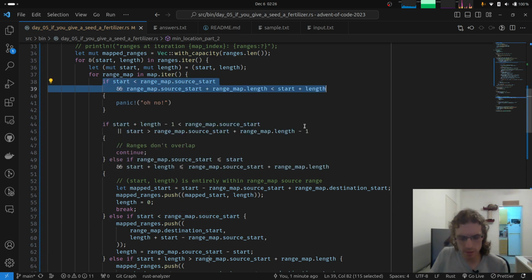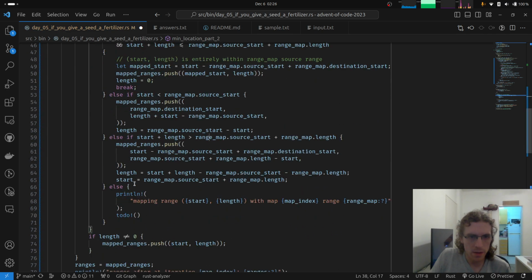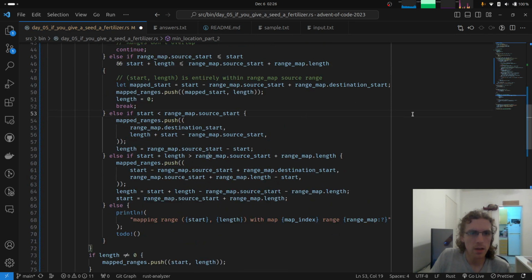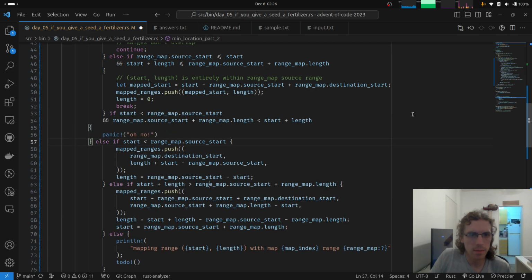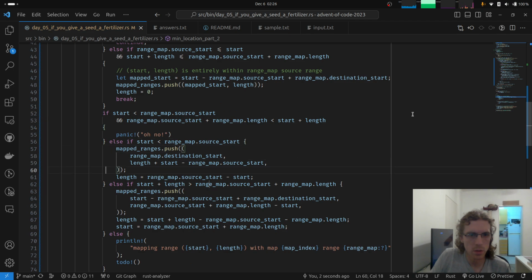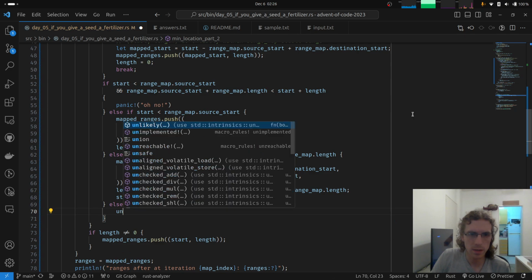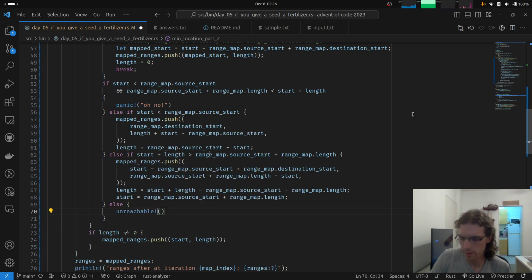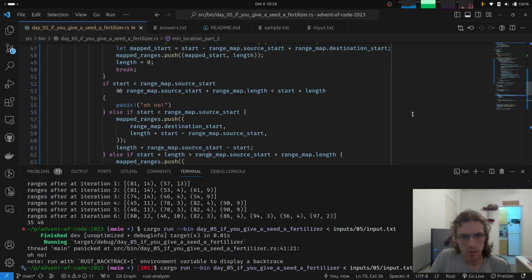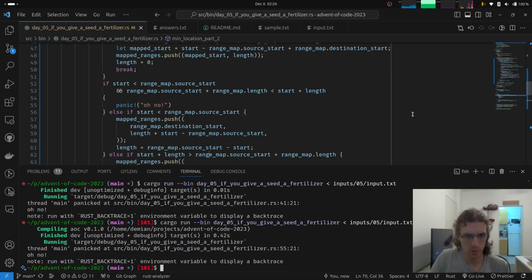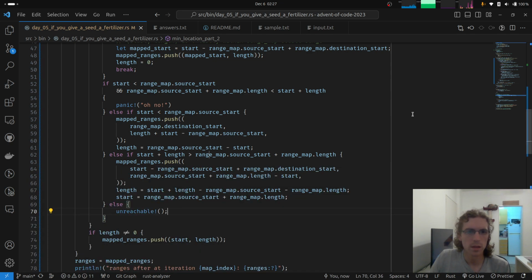Let's copy this, even with the oh no, and move it where I think it would make sense, which is here. For anything else, we should still be hitting this, but this now should really be unreachable, unless I am very stupid. If we run this now with an input, we hit the oh no, great,